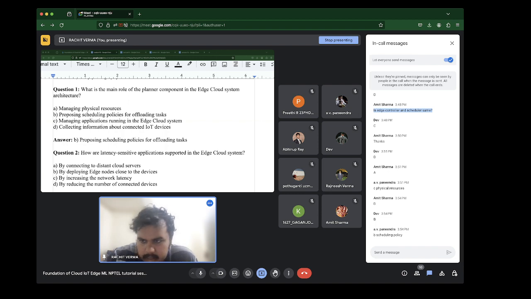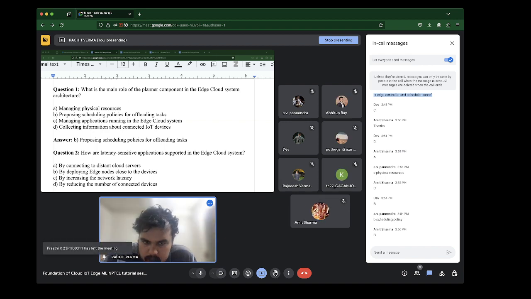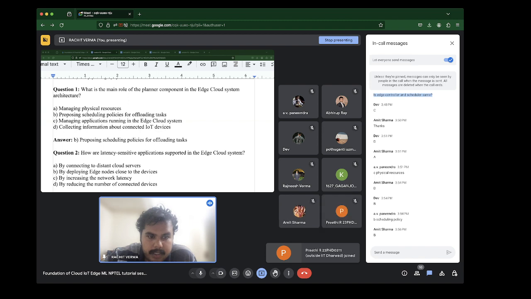Is it A, by connecting to distant cloud servers, B, by deploying edge nodes close to the devices, C, by increasing the network latency, or D, by reducing the number of connected devices? Amit Sharma has said B. Any other responses?